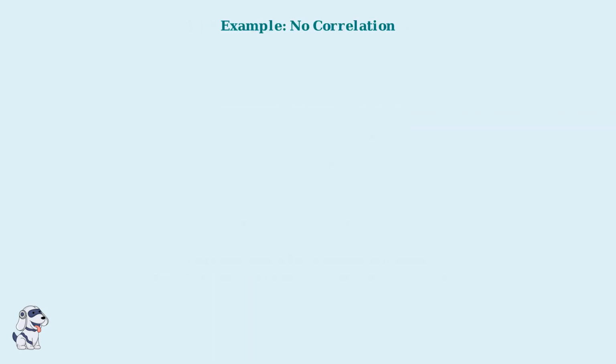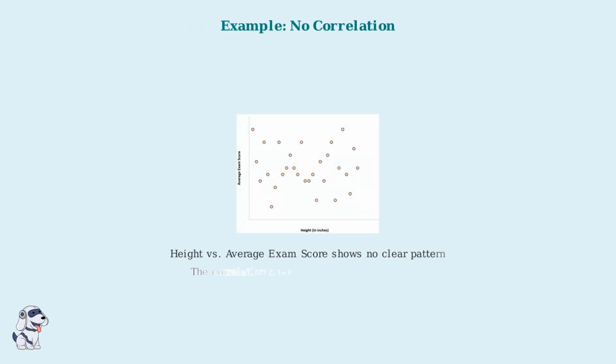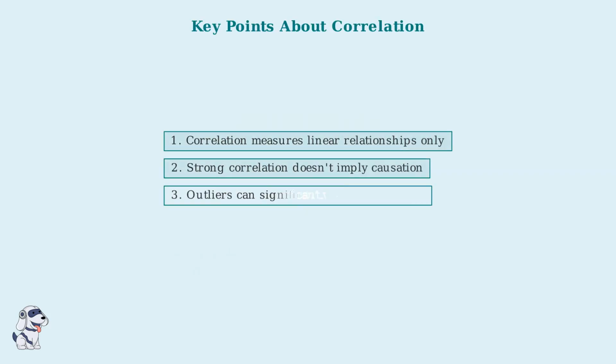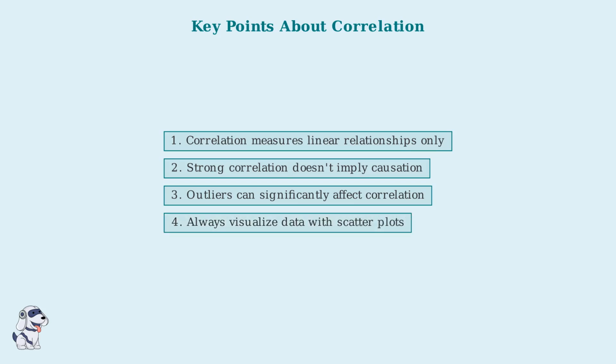This scatter plot of height versus average exam score demonstrates a case where there is no meaningful correlation. The data points are scattered randomly with no clear pattern, indicating that a person's height has no linear relationship with their exam performance. To summarize the key points about correlation: first, correlation only measures linear relationships, so curved patterns may